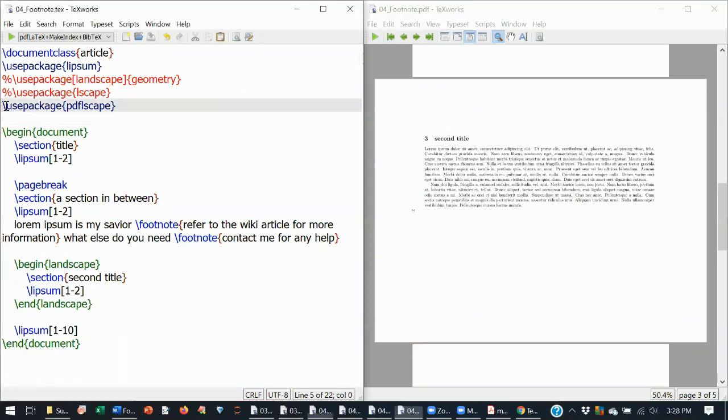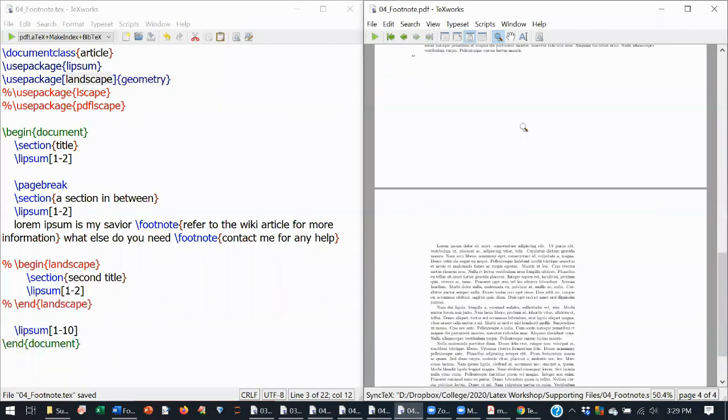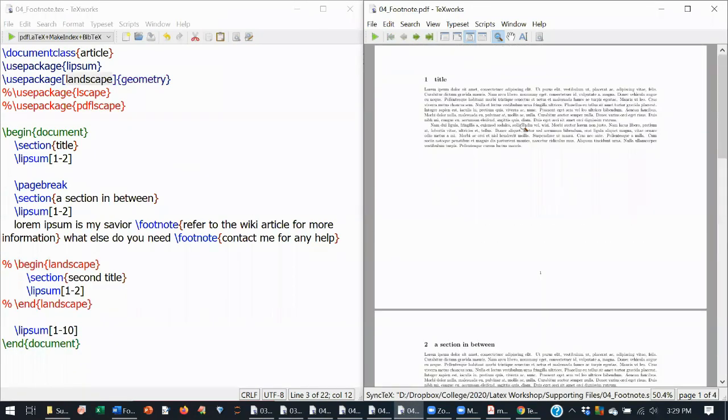You may ask another question: if I want to write the whole document in landscape mode, what should I do? You can use the geometry package. You can add the option landscape, and if you compile, the whole document will be converted into landscape mode.